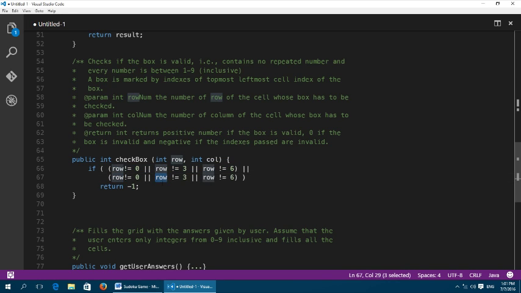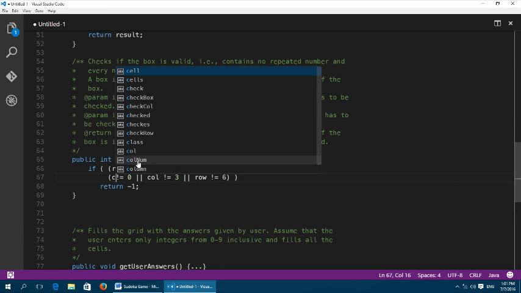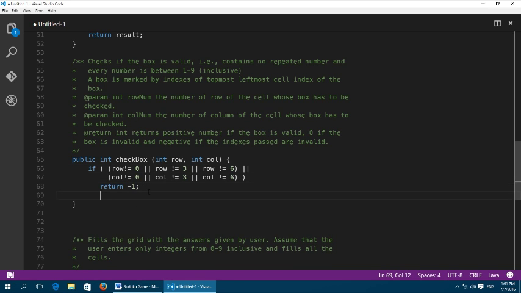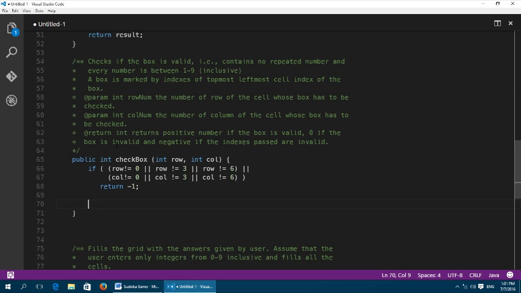except that they will be col. And yes, we have made our check box if condition right. If any of the numbers of these row or col are not 0, 3 or 6, it is going to return a -1. Now if we have passed all this, we are going to check the box, and